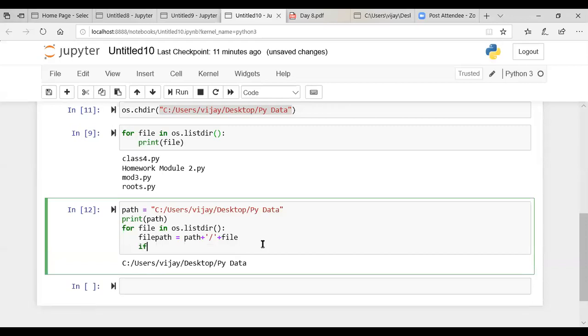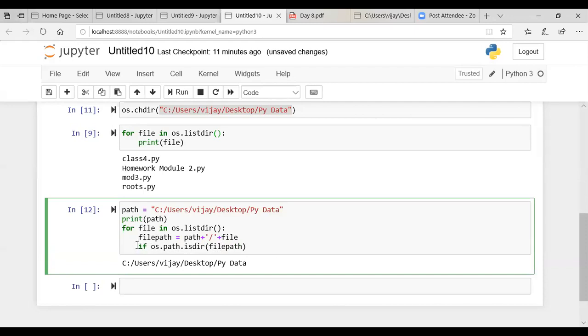Then I'll say if os.path.isdir(file path). So we are using the concept of a conditional check over here. If os.path.isdir, whatever the file path is, it is checking whether it is a directory or not.